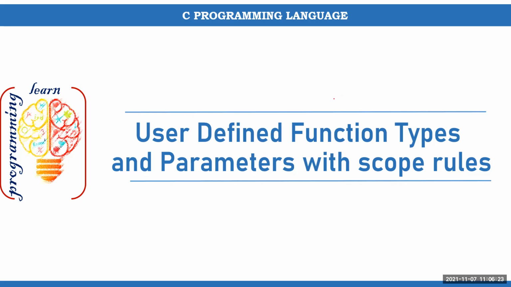In this particular lecture, I'm going to cover the different ways we can work with user-defined functions in C programming with a combination of return types and list of parameters. Along with that, I'm also going to discuss the scope rules of parameters and the local variables inside the functions. There is a surprise at the end of the video, so please watch till the end to know more about C functions.